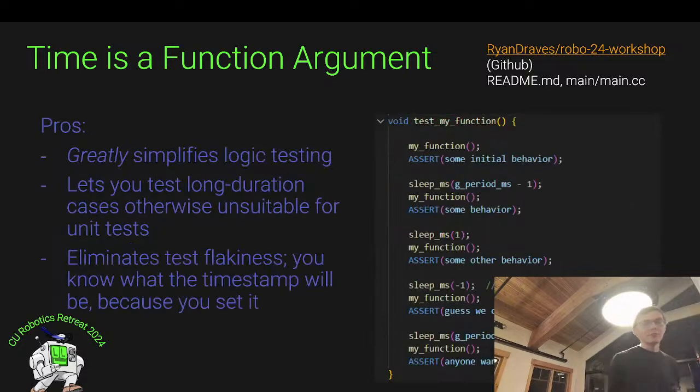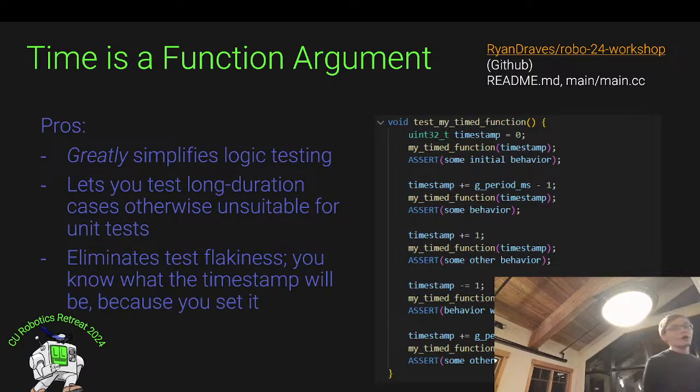So if we look at some theoretical test code for what this sort of function might look like, back in our original implementation, there's only so many test cases we can write before this just takes forever. Say we call it, make sure it does the thing. We wait a little less than 1 second, call it, make sure it doesn't do the thing. Now we wait a little bit more, make sure it did the thing again. We can't go backwards in time because we can only sleep and go forwards here for how long we're waiting. So if you have a non-monotonic clock, that's not valid anymore. If you want to test that it does the thing after a really long time, then your test is going to be really long.